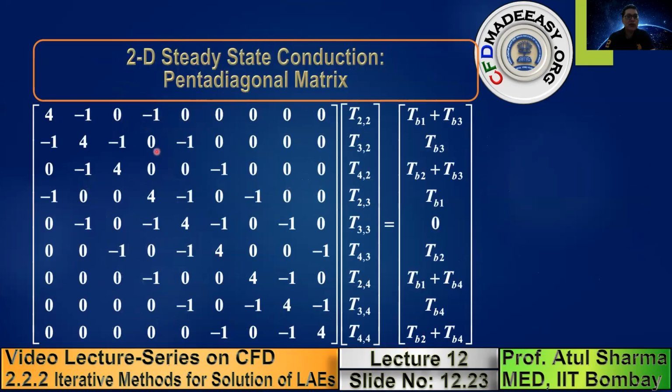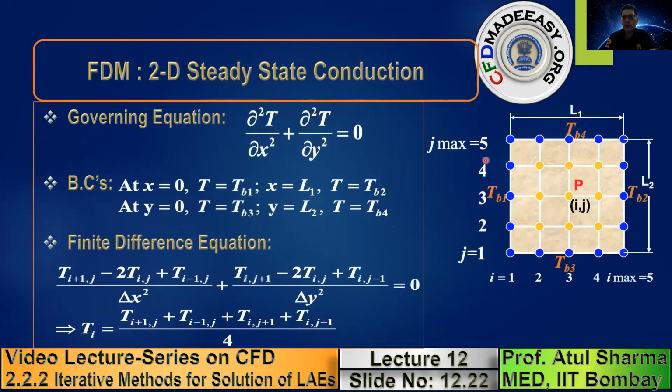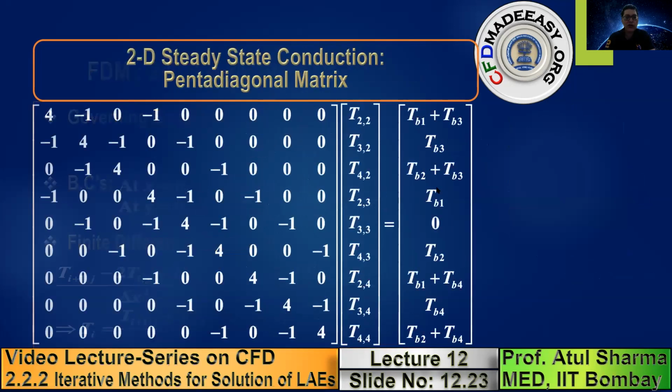So this is the matrix form of the linear algebraic equation, where here again we are considering 9 yellow circles as shown here. Corresponding to those, this is the coefficient matrix. Note that this is a pentadiagonal matrix because there are only 5 diagonals where the coefficients are non-zero. This is called the main diagonal, where you have all the values as 4. This is the upper diagonal, where you have -1 and there are certain 0s in between. And then you have another diagonal. So there are 2 upper diagonals, 2 lower diagonals, and the main diagonal.